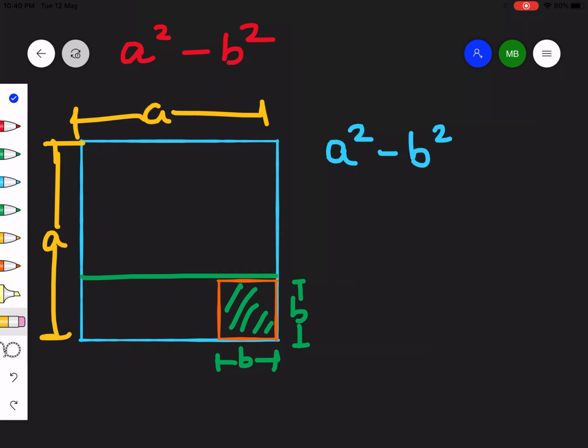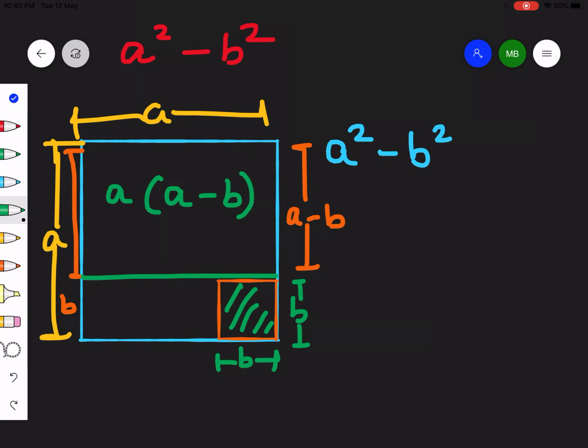Okay, so now these two rectangles have some area, and let's have a look at what those areas are. Here, the entire length was a units and I have taken away a part of length b from this. So what is the length of the remaining side? It's a minus b. So this side over here has a length a minus b, and this side over here as well has the length a minus b. Right, so the area of this big rectangle can be written as a times a minus b.